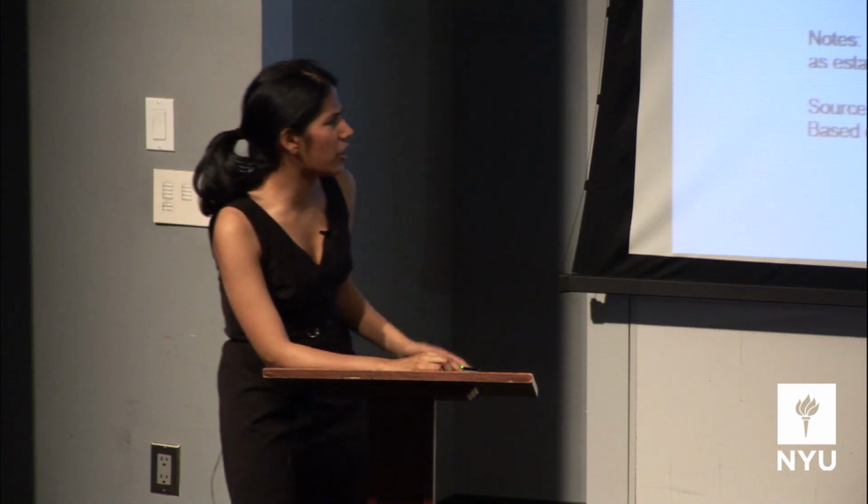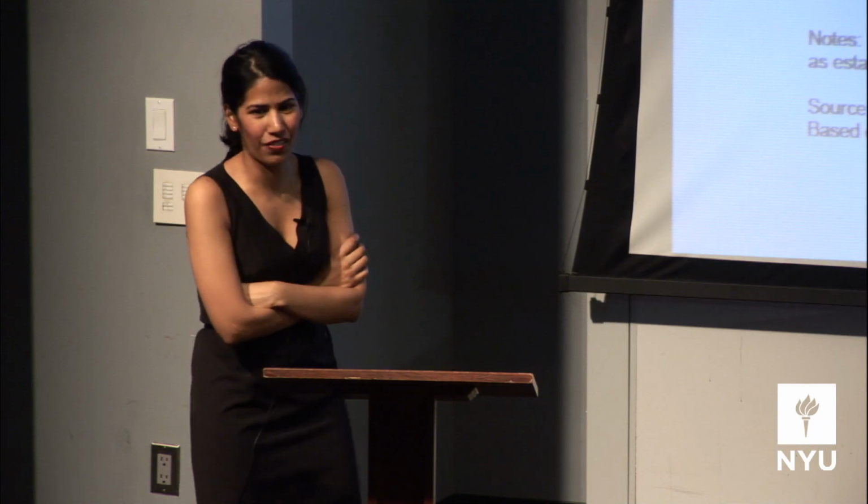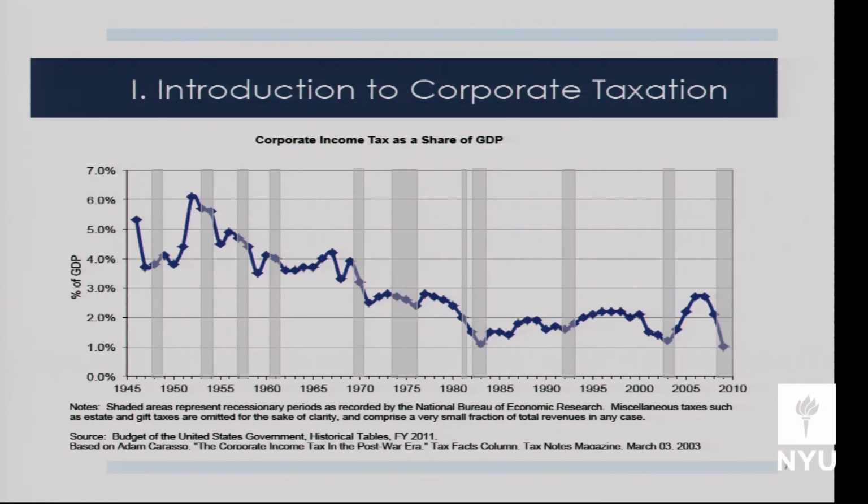Okay, so we've seen a chart like this earlier. This is the chart of corporate income tax revenues as a share of GDP over a long period of time, starting in 1945. What's been added in are these gray vertical bars, which represent recessionary periods, so times in which the economy was shrinking. Just quickly looking at this graph, does it look like corporate tax revenues are pro-cyclical or counter-cyclical? Basically pro-cyclical, right? There's a little bit of a lead, but it's basically cyclical.